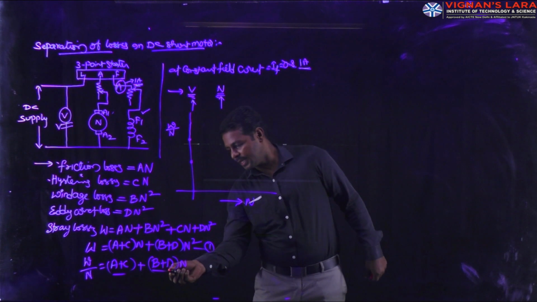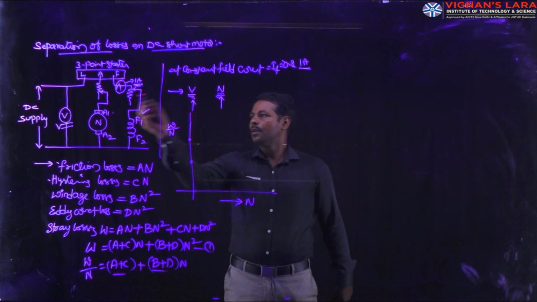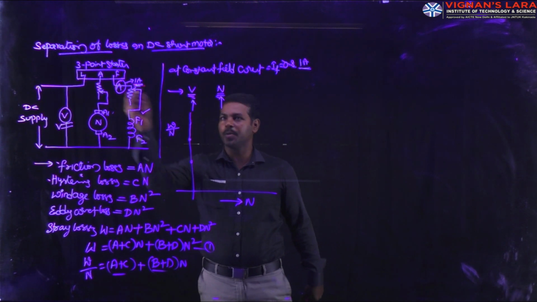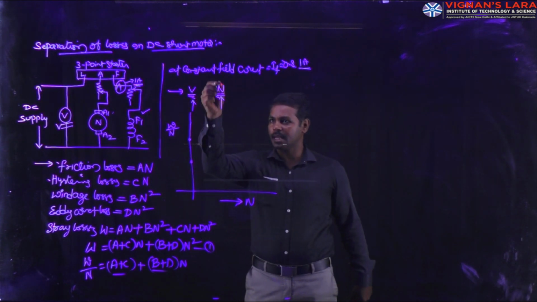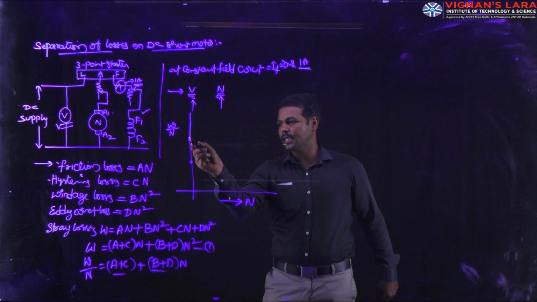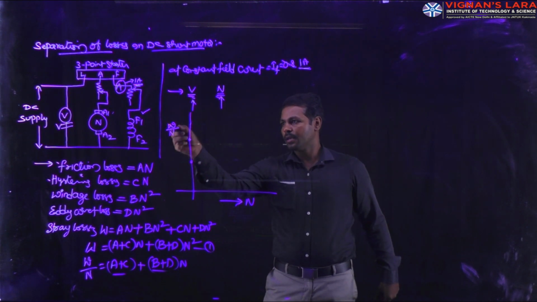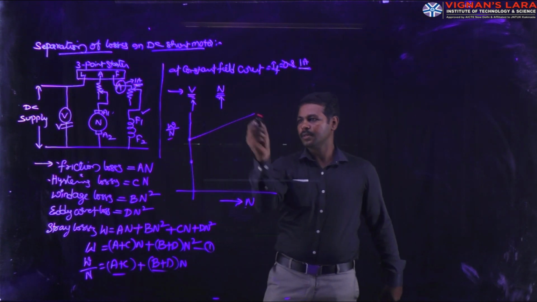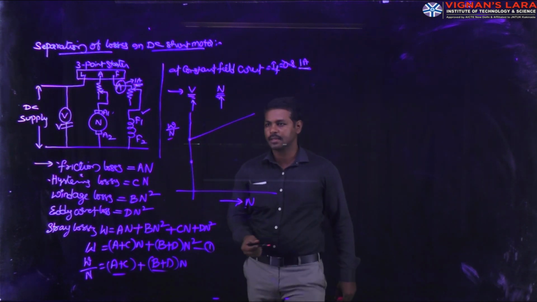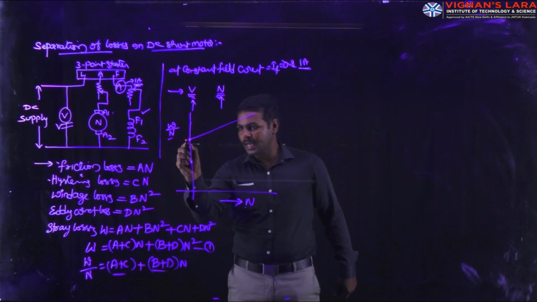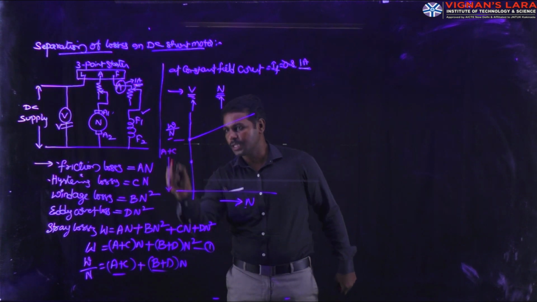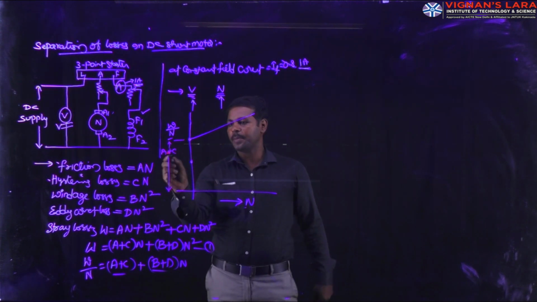Again, we increase the speed. That means the armature rheostat is reduced from maximum to minimum position, voltage increases as well as speed. Finally, by drawing the graph between W by N versus speed, we get these characteristics. The distance between these two points is directly taken as A plus C.